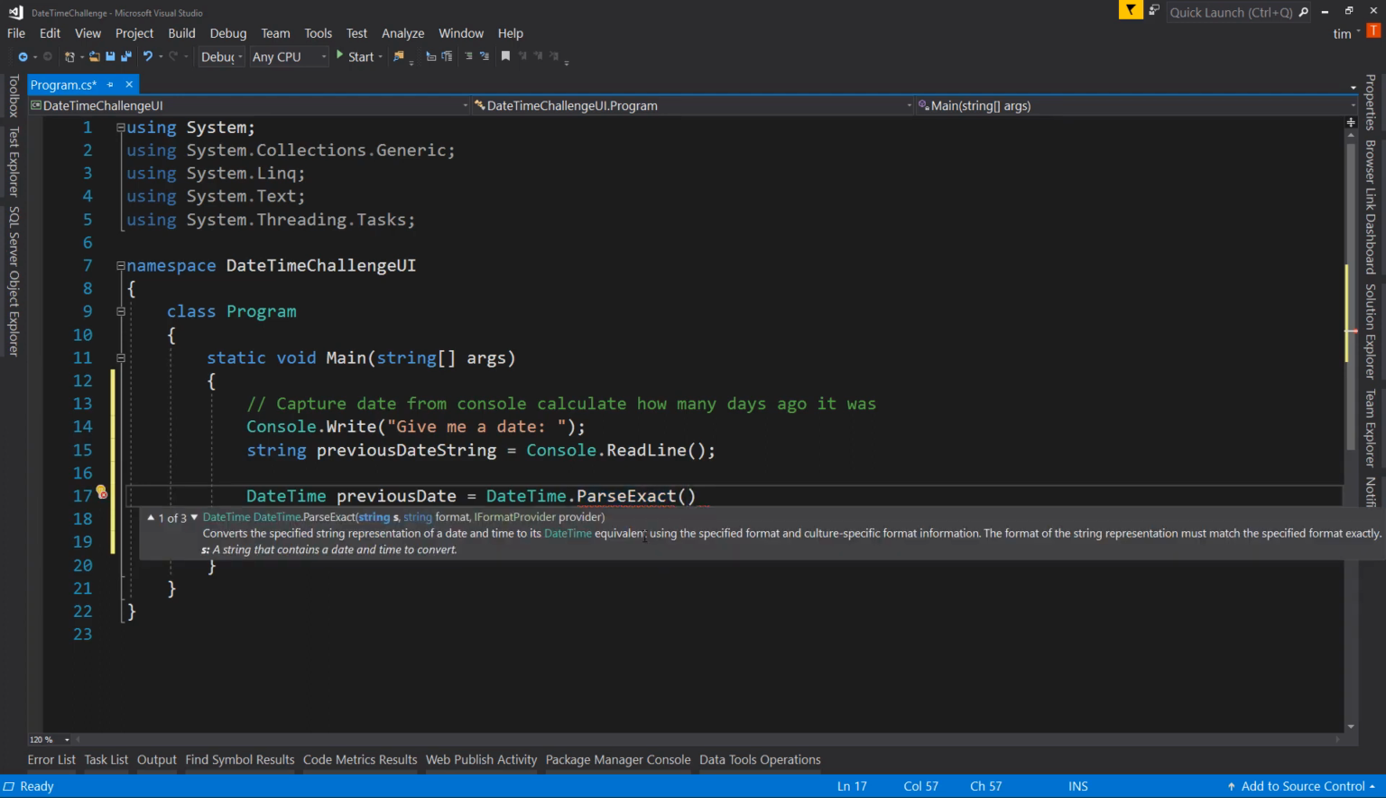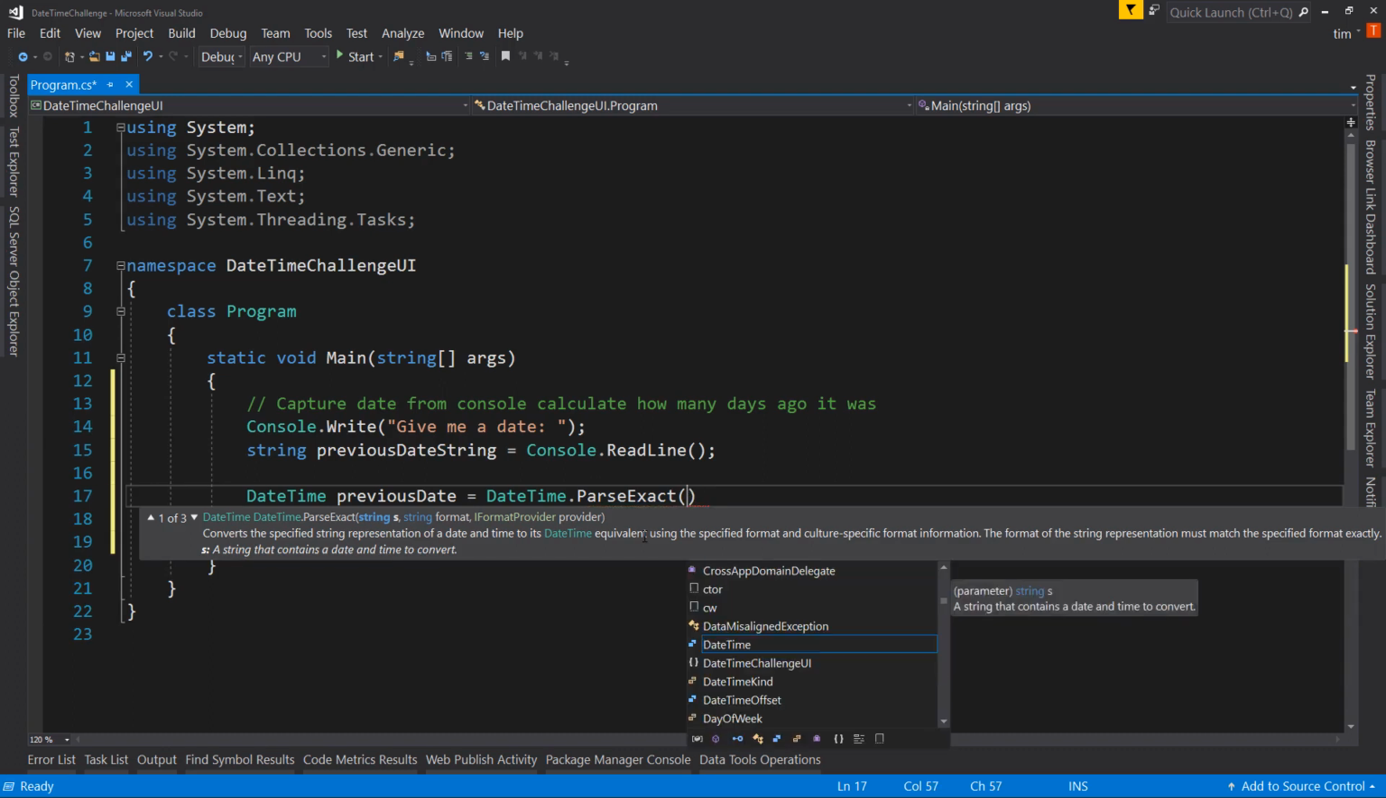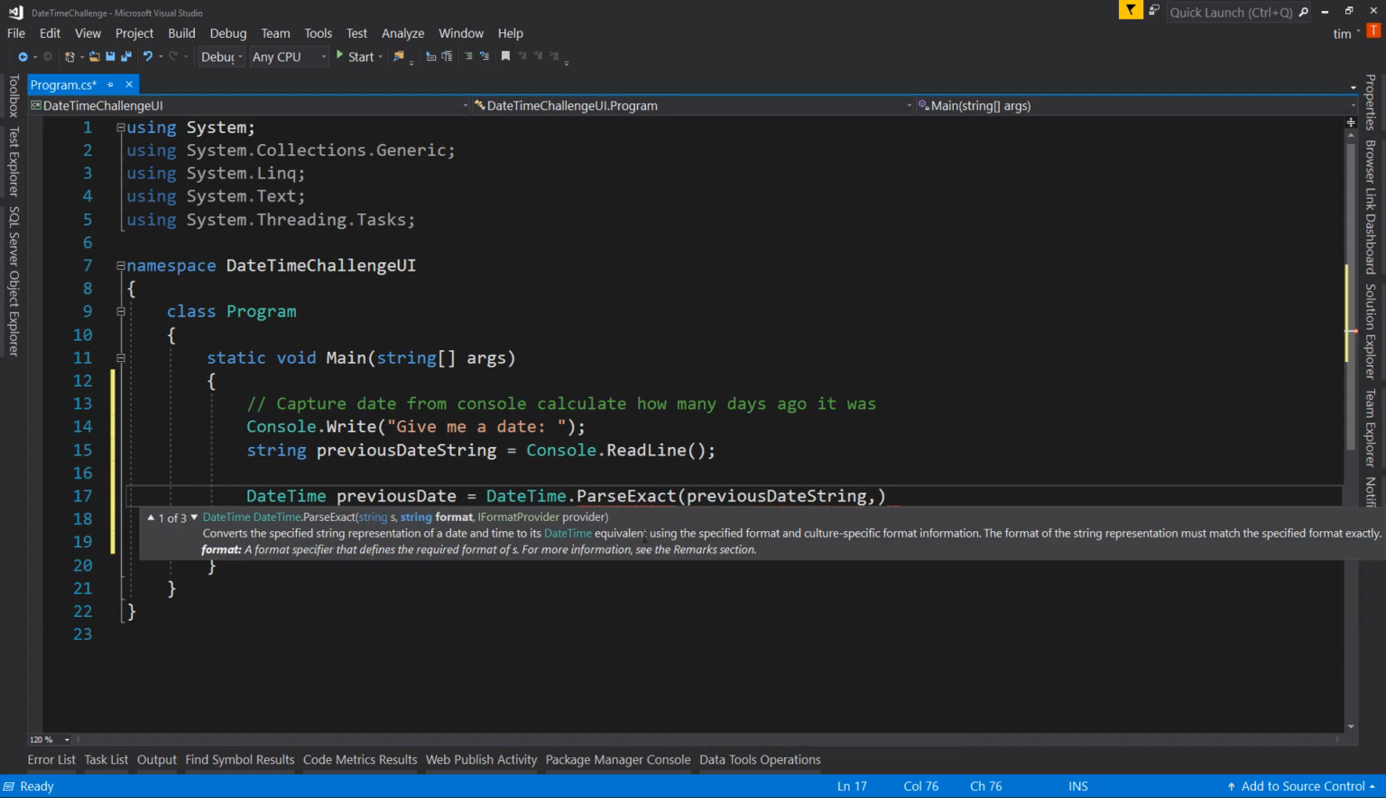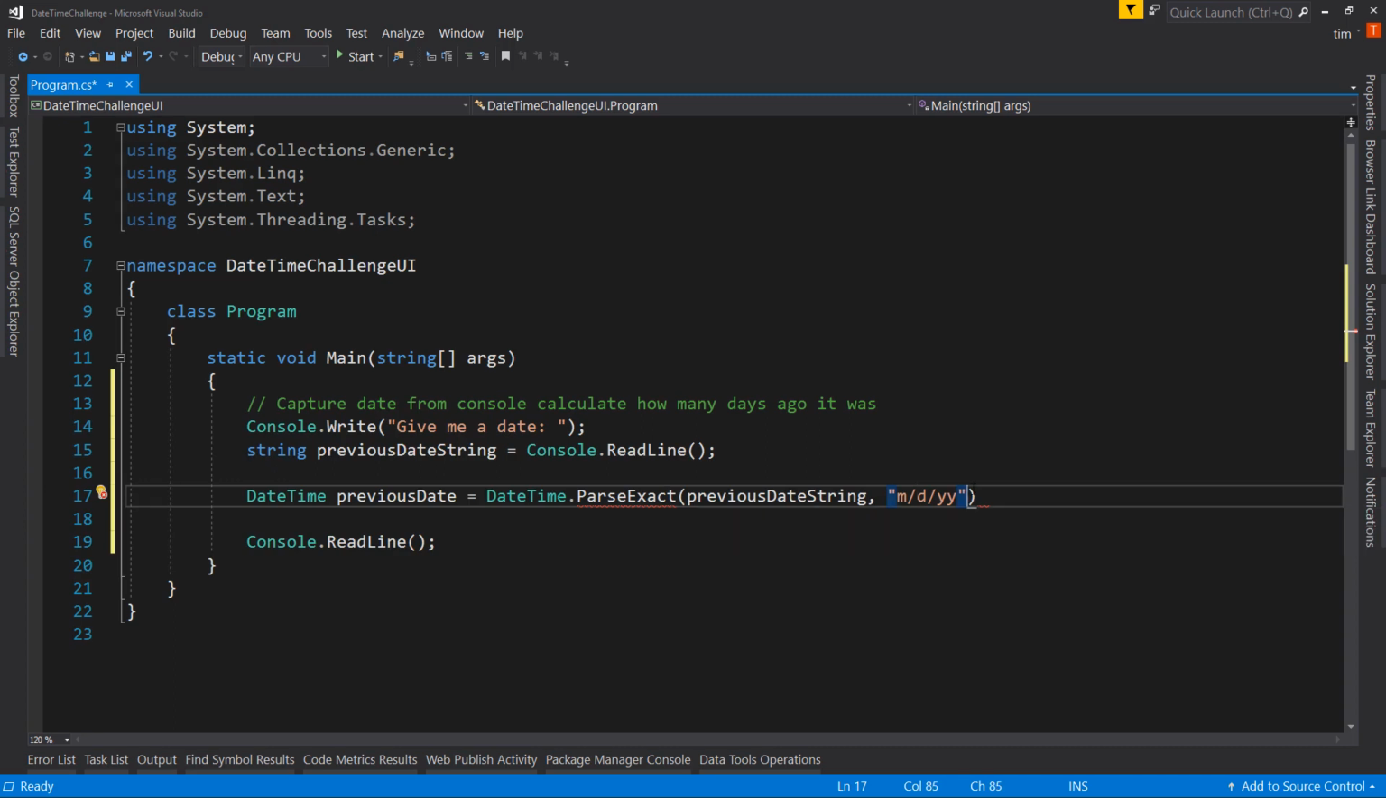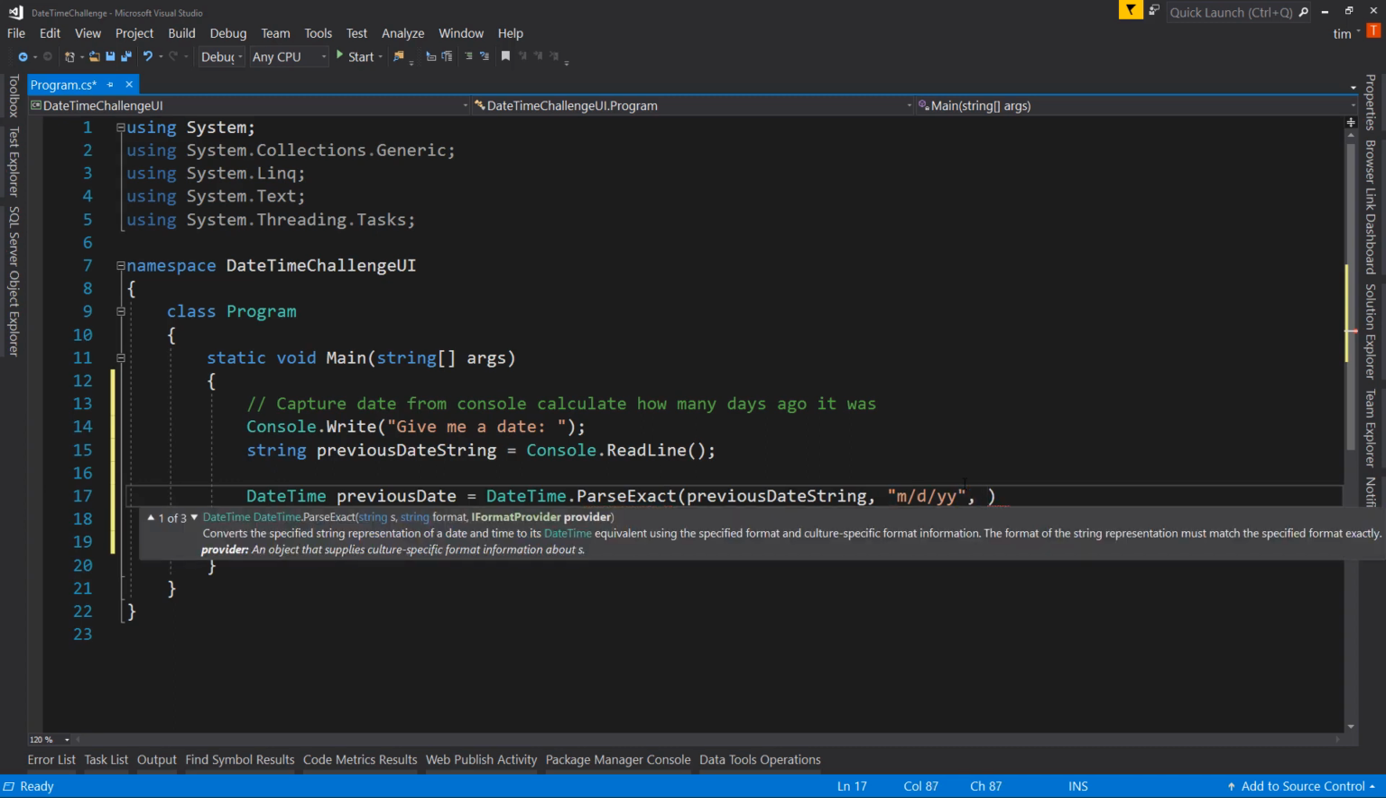So we're going to say ParseExact. Let's pass in a string, previous date string. And here's our format. So I'm going to say that the previous date is going to come in right now. Since I'm in the US, I'm going to say it's going to come in as month/day/year, as in two numbers for the year. So the 1D and the 1M just indicate that it's going to be either 1 or 2 digits. All right, we're not done yet. We have to also give it a format provider. And we're just going to say null for this. We're not going to give it a